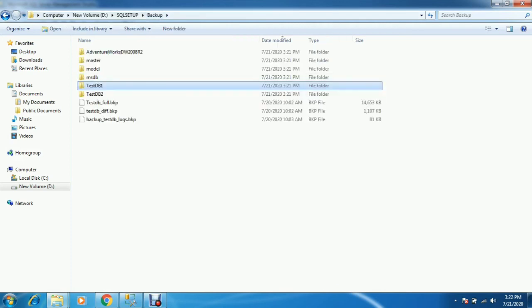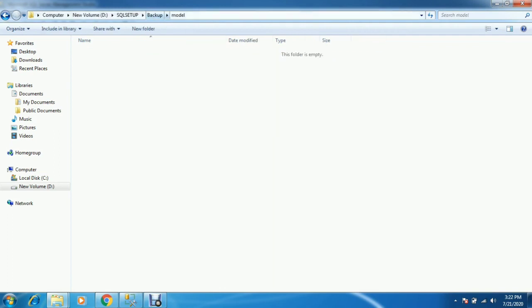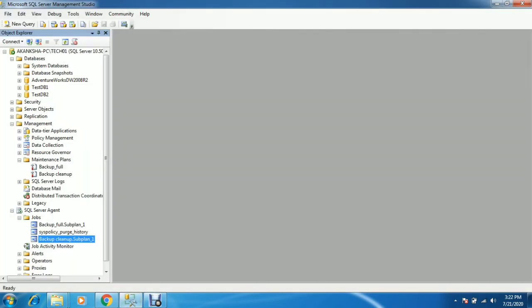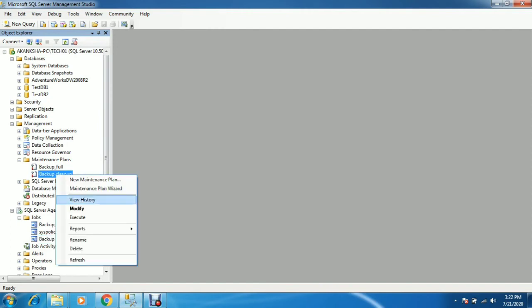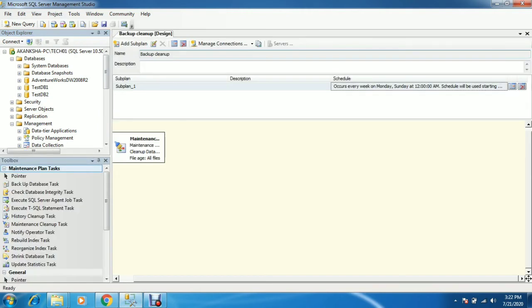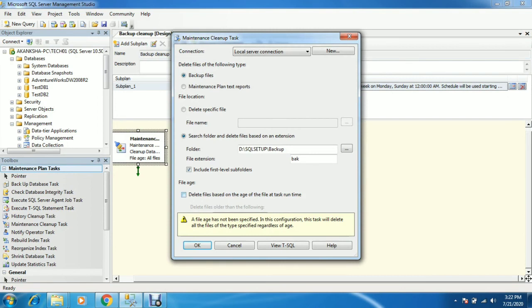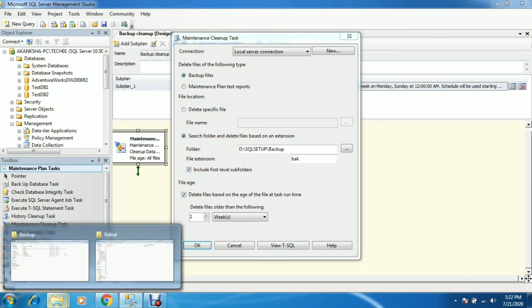So what happened, I will tell you. Let me check another folder. Yes, as you can see, the backups are deleted from all the subfolders. What I did was modify the maintenance plan and remove the file age. If you remove the file age, there is no restriction. Whatever backup is available, it will delete. But it's mandatory to give the file age according to your need: 1 week, 1 month, daily, whatever your requirement is, you need to provide the file age. Otherwise, backups will not be retained and there is a chance of data loss.